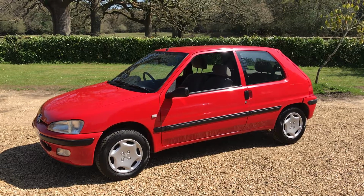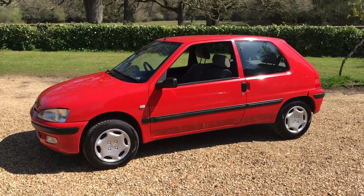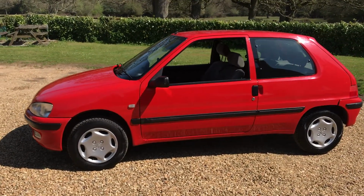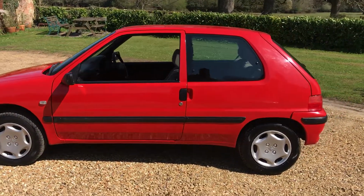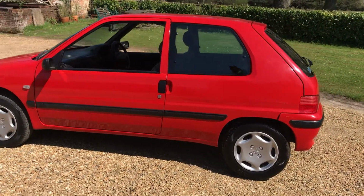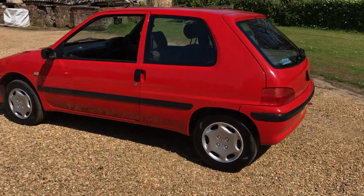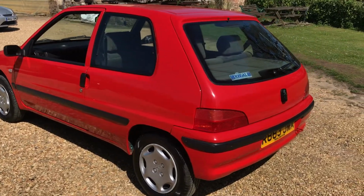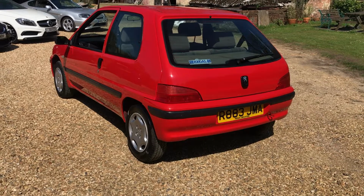It was registered in 1998 on an R registration, and as you can see it's finished in a brilliant red paint finish which is extremely bright considering it's 20 years of age, and it's covered just 53,200 miles from new. It has just 3 owners from new,